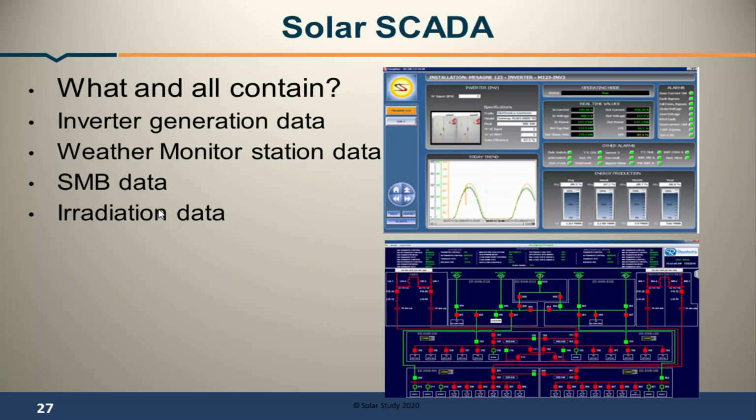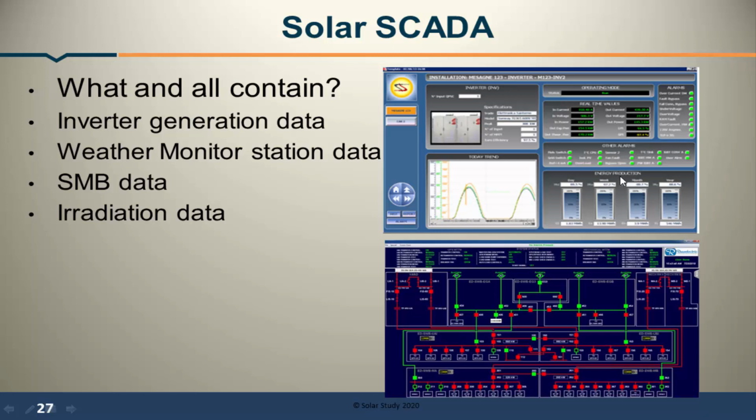Next we will go for the solar SCADA. What is solar SCADA? Okay. So now we are going through only solar SCADA data. First of all, these are the interface how solar SCADA data system look like. See here you can see the inverter name and what is the generated irradiance, because we know that irradiation plot looks like this. It is a bell curve.